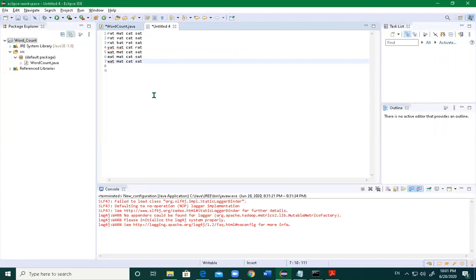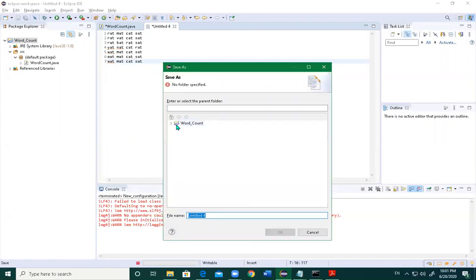Hadoop will take the file as an input with all the data here. Just for testing purposes, we have only a little bit of data here. We can add as much data as we want, since you can give large volumes of data into the Hadoop system. Initially we have a little bit of data just for practice purposes, and save this file inside the word count project.